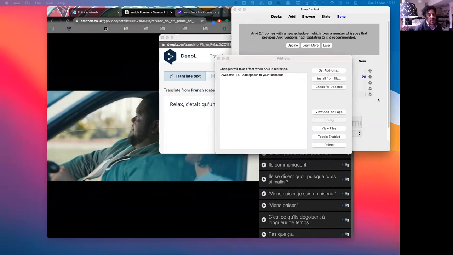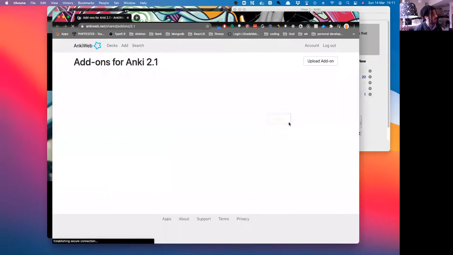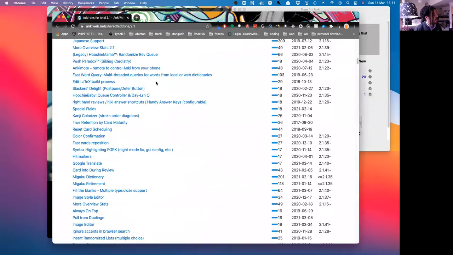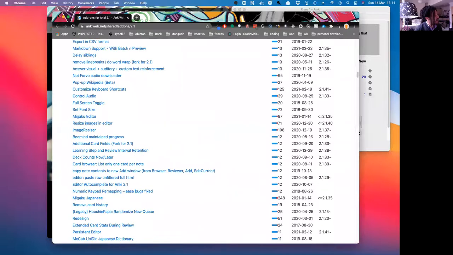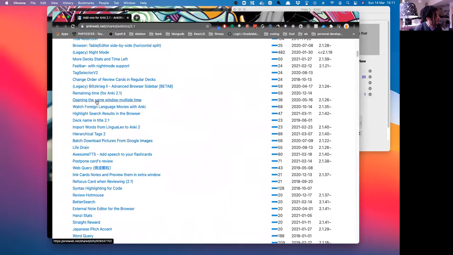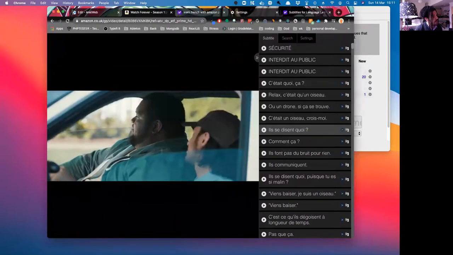So if I click on that, and then it opens up this, browse. These are a list of add-ons you can add. It's got loads of add-ons actually, all pretty good. But one of the add-ons it's got,